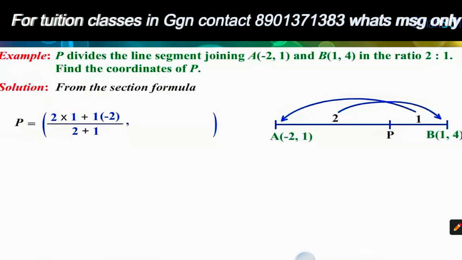Similarly, for the y coordinate, 2 gets multiplied with the y coordinate of B, that is 4, and 1 gets multiplied with the y coordinate of A, that is 1, divided by 2 plus 1. This on simplification comes as the